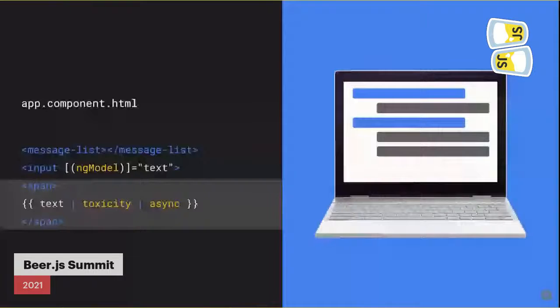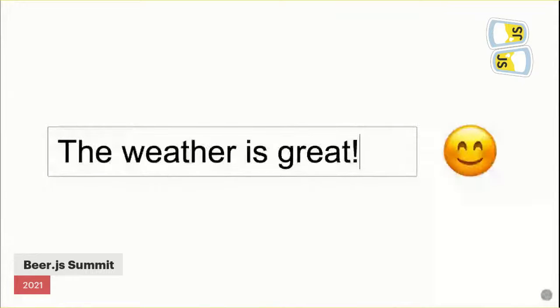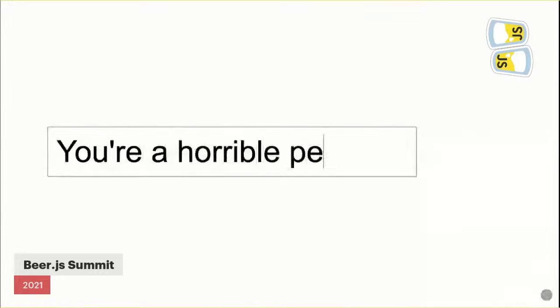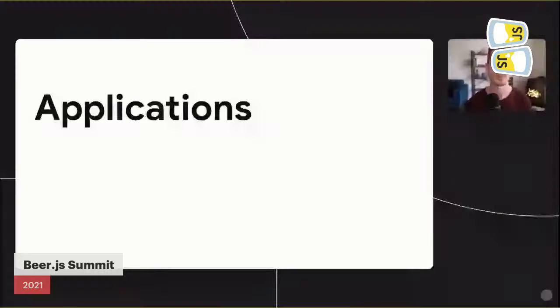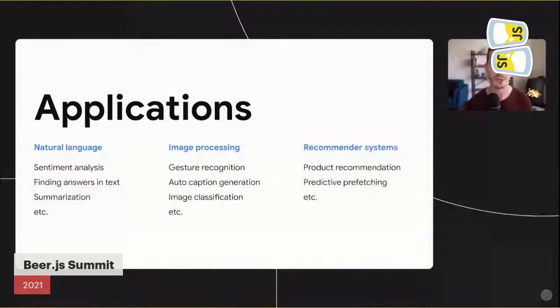Also, to give the user a visual heads up if they need to give their message a second thought before sending it. And here, saying that the weather is great is not considered toxic, but calling it horrible is toxic. There are many applications varying from natural language processing, image processing, recommenders, and so on and so forth. In this example, we looked at one sample use case. Now David will share a